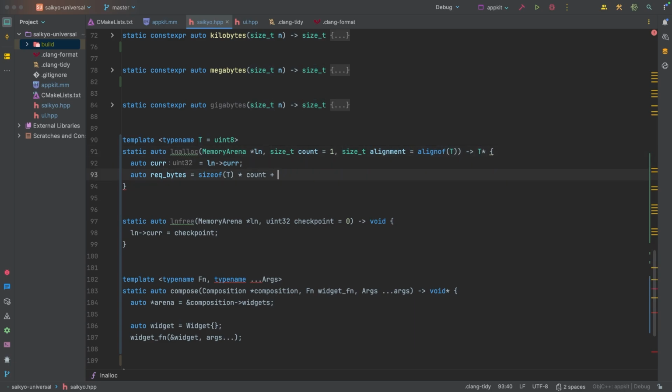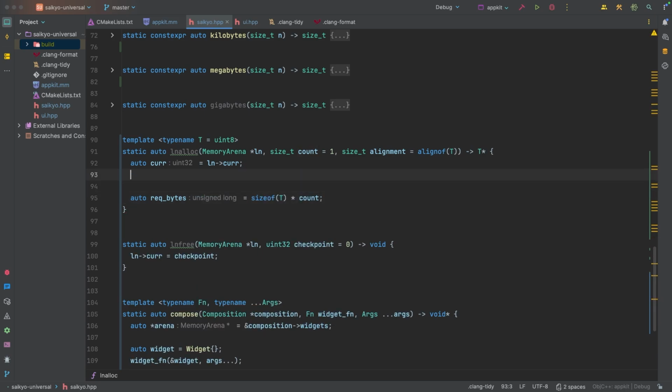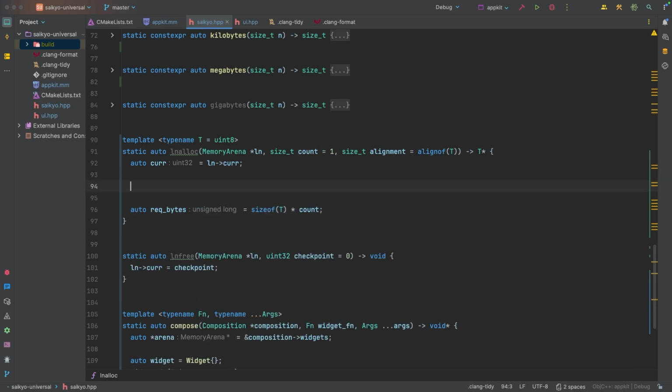So the easiest way to do that is this. So we'll do required bytes. We'll take current, and what we'll do is we'll move current up to the next alignment point that it needs to be. So the way that we do that is like this. So we'll say current plus,